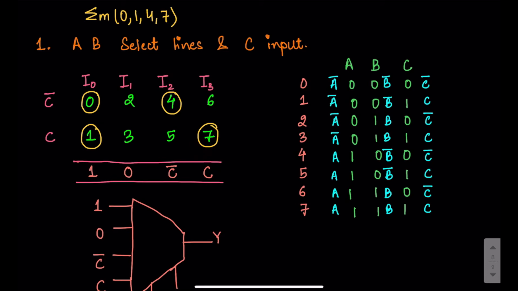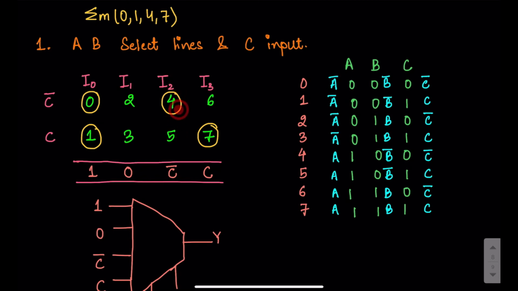Then what you need to do is circle the numbers which you have in the function. So we circle 0, 1, 4 and 7. Now looking at each of the columns, we know that if both the numbers are circled, your answer will be 1. If none of them is circled, your answer will be 0.